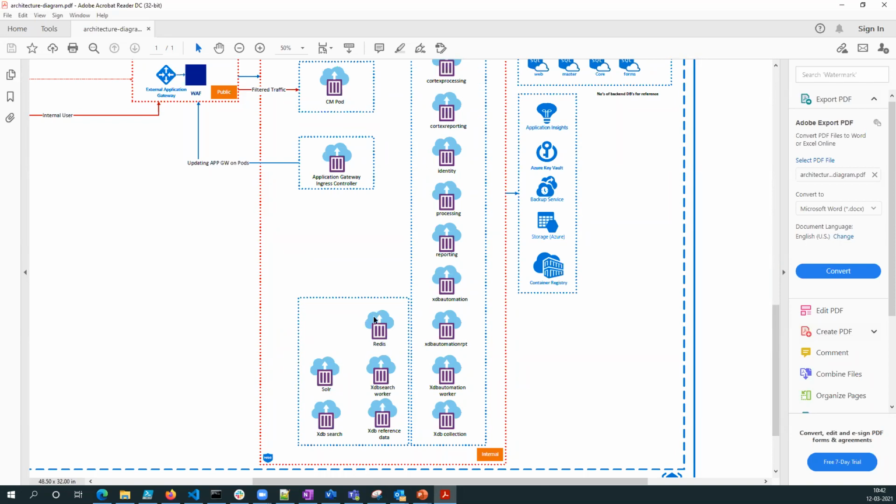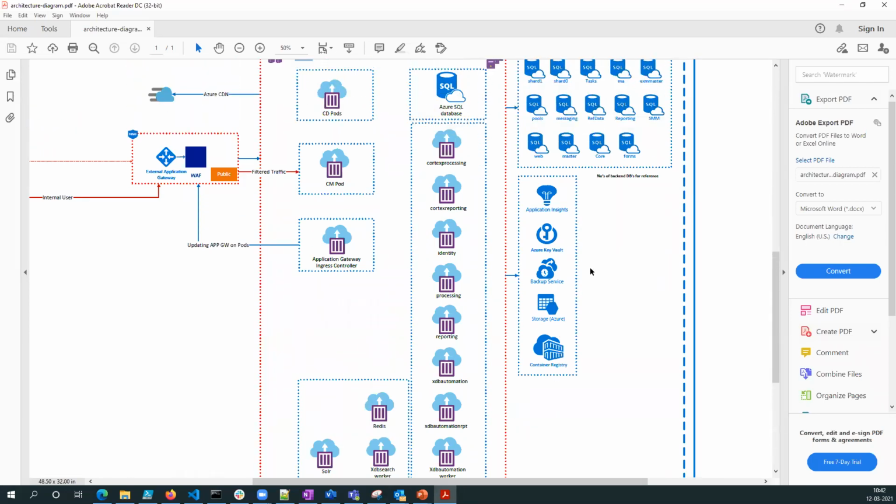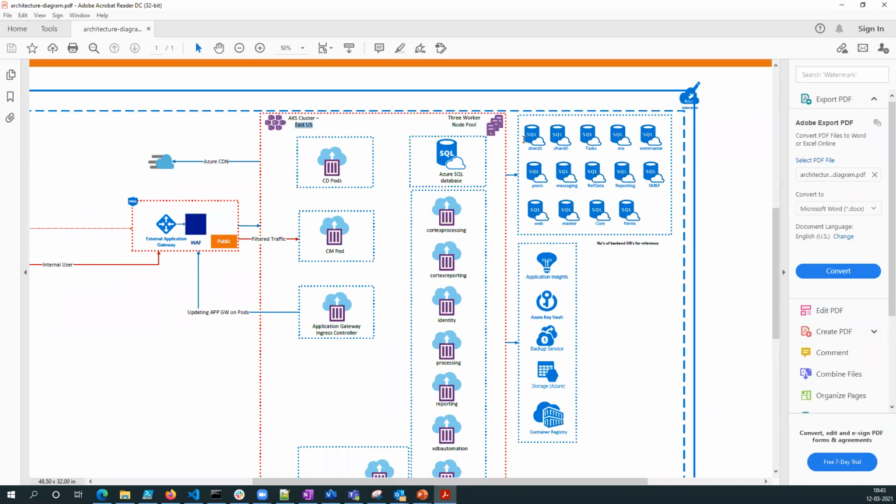In the future, when we do the integration demos, then we might bring them out of the pods and do it either as Redis as a service or Solr on separate virtual machines. The additional resources that get created in the backend that should be helpful are the Application Insights, the Azure Key Vaults, the backup services, the storage, and the container registry. The importance of the container registry, as you would know, is that you want to pull the images, even if you have been playing around with the Sitecore images available on their default registry. What is important is that as you keep on working and building the images, you would need your own container registry. That's something that will come in the future sessions.